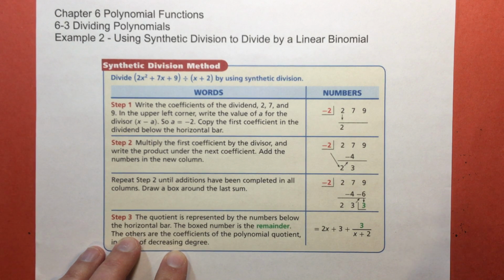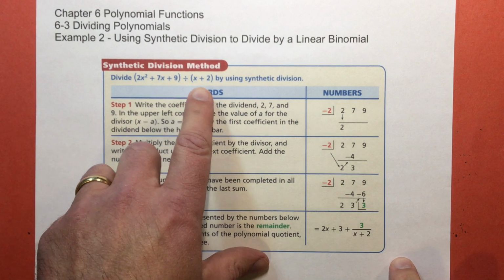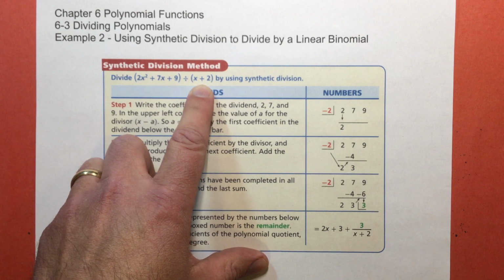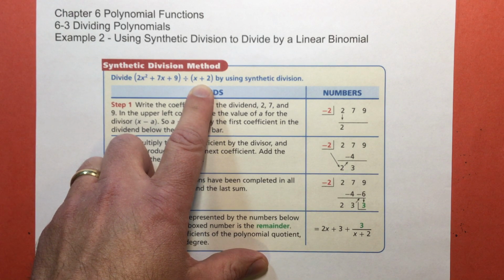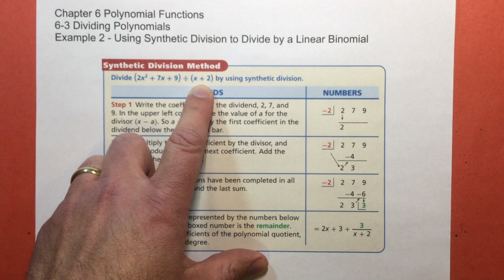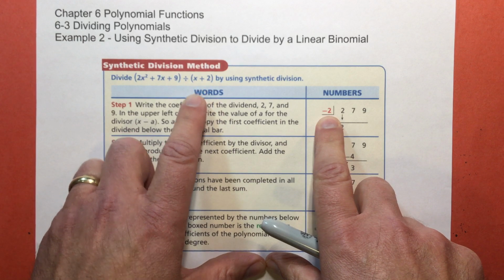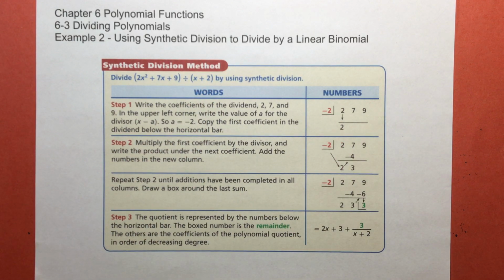That sounds familiar. That's what we talked about a lot when we were talking about horizontal translations. So if I had a function that had parentheses x plus 2 in it, remember we said that's a horizontal translation to the left 2. If you remember that, that right there is h. So there's one of the things that people in the past when I've taught this have forgotten to remember,